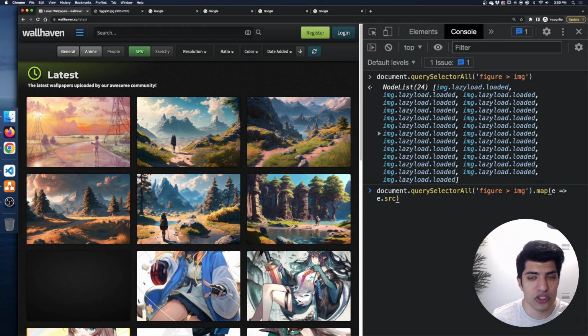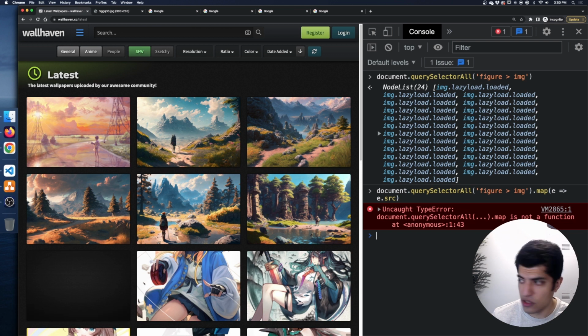Now, if this syntax looks weird to you, I have a video on the channel that goes through how the array map syntax works in JavaScript, and this should help a little bit. In this case, I'm also using the shortened arrow function expression syntax, where it's eliminating the curly brackets and the brackets around the parameter. If you haven't seen that before, I also have a video on that on the channel. But what we're asking here is go through every single one of these image elements that comes back, and for each of them, just give me the src and put that into a new array for us. So if I run that,